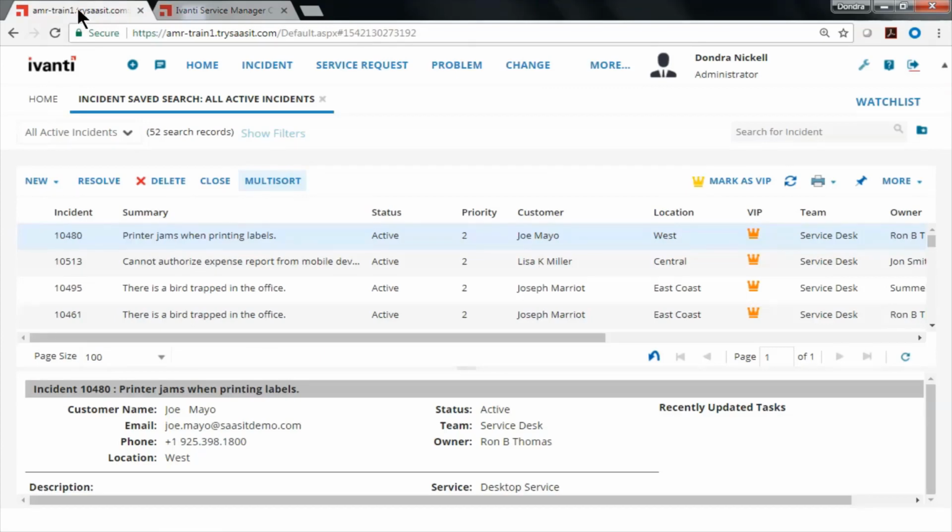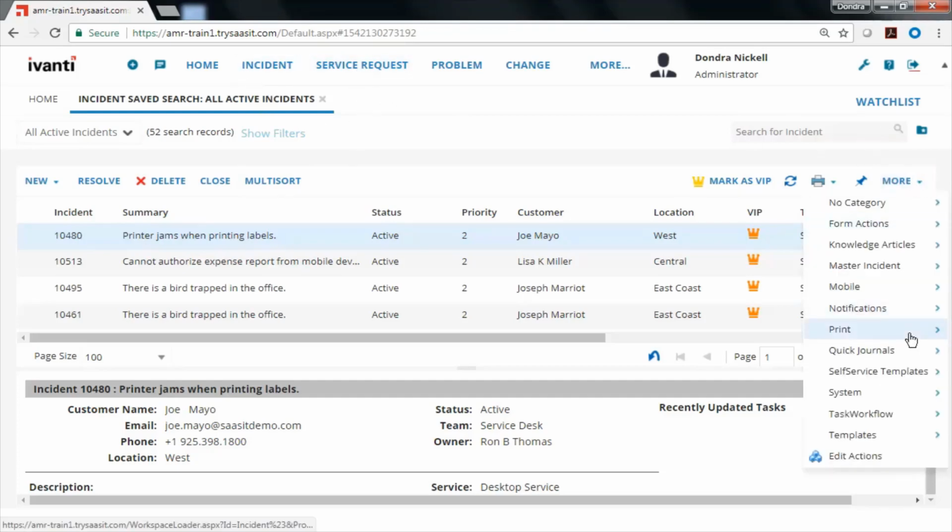Okay. One last thing, I want to show you how to hide a button if you want to, and we can do that at the quick action level. We could also do it at the form and the layout level. Let's do it at the quick action level. So over here, I'm going to go to more. Remember, I'm on incident business object. I'm going to click on more,